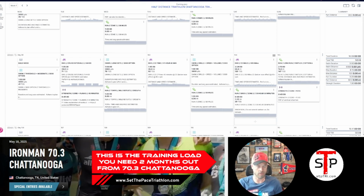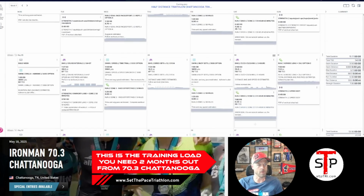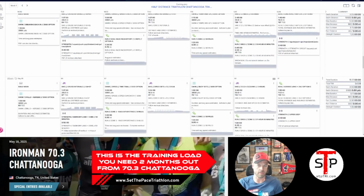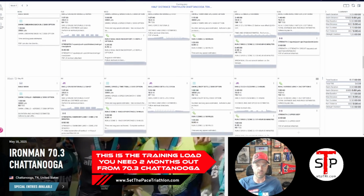Now, you're not doing Barton on the run course like you would in the full, but there's still some hills out there, still some opportunities. Make sure you've got some strong legs when you hit that run course. That's why this is going to be a little bit heavy on the biking, especially the long ride. So I've got you at 50 miles, about 3 hours, or 2:45, and then a 10-mile, 11-mile run,